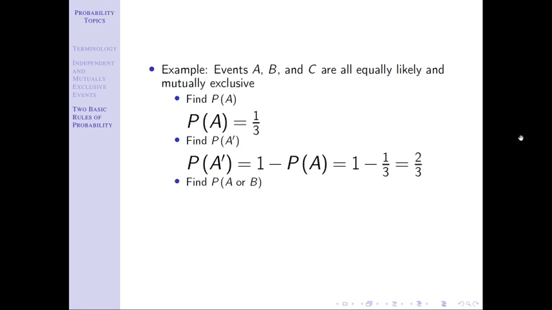And then the last one, find the probability of A or B. And again, because they're mutually exclusive, we don't have to deal with this and nonsense. We can just say that's the probability of A plus the probability of B. Each one is 1/3. And so you'd get 2/3. And again, logically, you could sit here and answer this question logically. What's the probability of A or B happening? Well, how many ways, again, probability, how many ways can something happen over how many things are there, right? There's 2 ways that could happen, A or B. There's 3 things total that can happen, A or B or C, 2 out of 3, right?